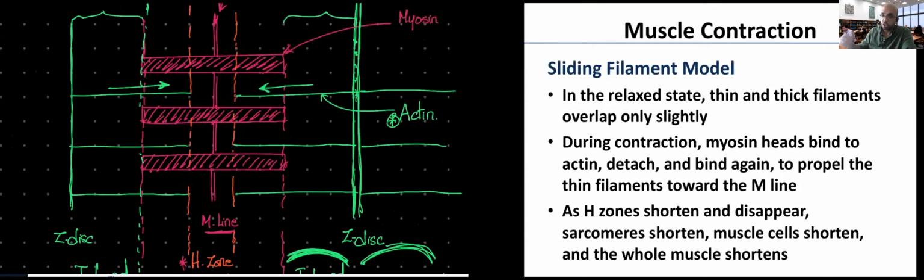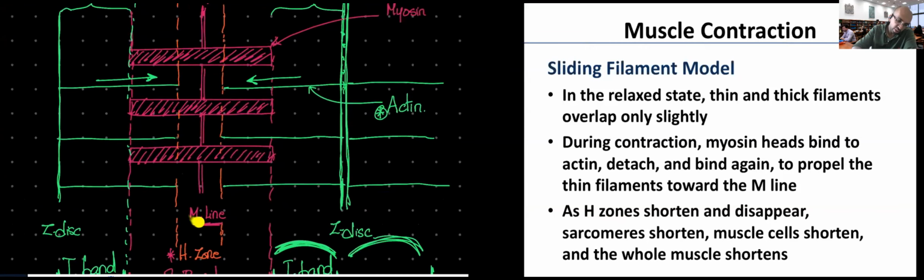So as I contract, sliding those thin filaments along the thick filaments, the H zone shortens and eventually disappears. This part where I don't have overlap between the thick and thin filaments will disappear as I contract, because simply